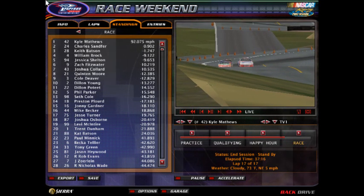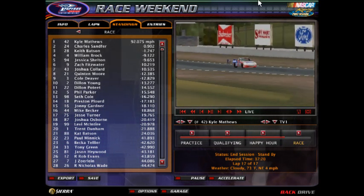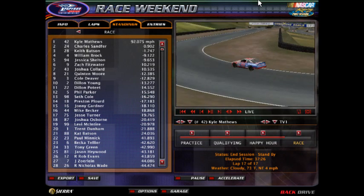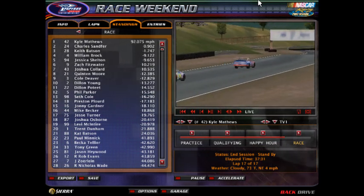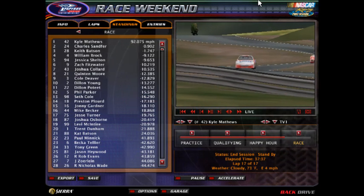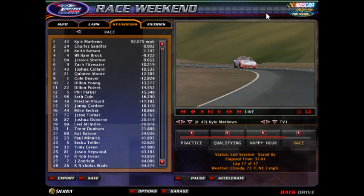Rest of the finishing order for you. Dylan Poteet comes home in 11th. Bill Parker 12th. Seth Cole 13th. Preston Plord 14th, Johnny Gardner 15th, Mike Becker 16th, Jesse Turner 17th, Joshua Osborne 18th, Levi McIntyre 19th, Trent Dunham 20th, 21st to Cat Batson, 22nd to Paul Minnick, Becca Tellier 23rd, Tony Green 24th, Jason Haywood 25th, Rob Evans, Jonathan Zorlin, and Nicholas Wade